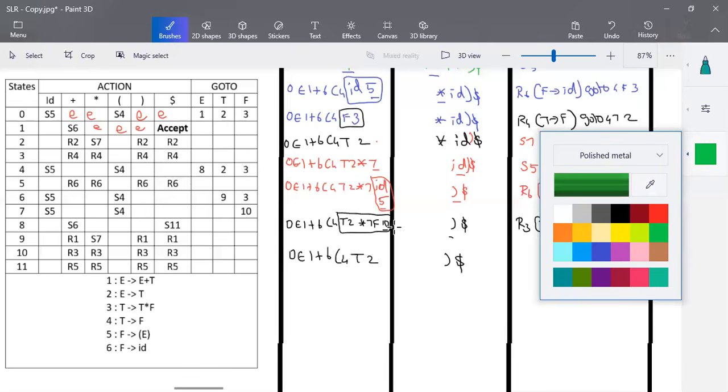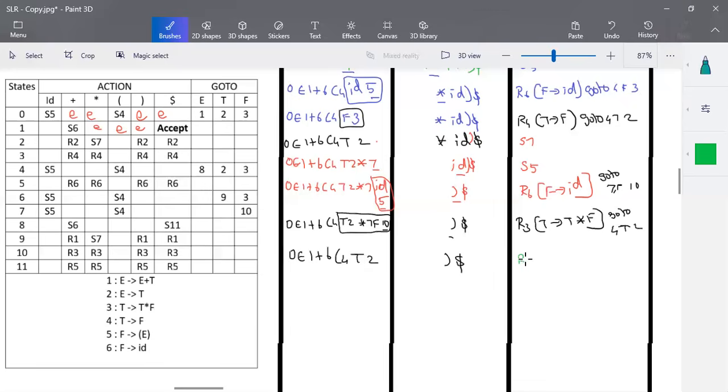Okay, so the next possible transition is 2 comma close bracket. So what is there in 2 comma close bracket? It is R2. So reduce with production number 2. What is production number 2? It is E tends to T. So we have to pop out all the elements in the stack until a handle occurs. So the handle here is T. So T will be removed and 2 will be removed. And instead of that, we'll be pushing